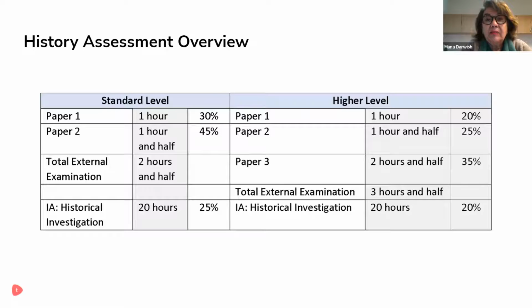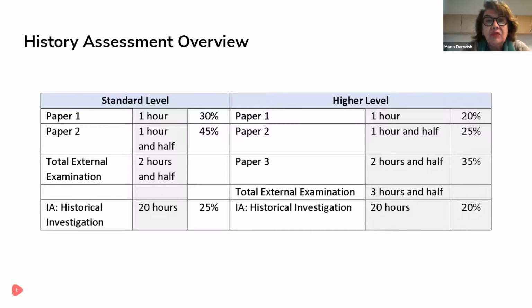This is, again, I'm coming back to the handy timetable, looking at papers 1 and 2. For standard level, we have paper 1 for 1 hour, paper 2 for 1.5 hours. This is 2.5 hours of examination, and for the historical investigation it is usually advised that we allocate 20 hours to it. So paper 1 is